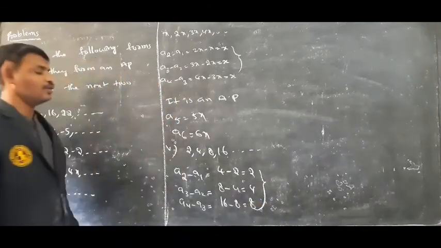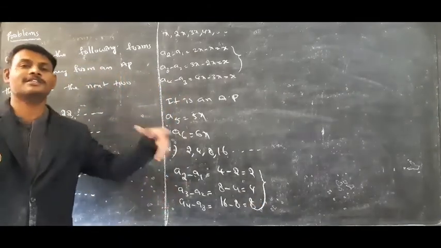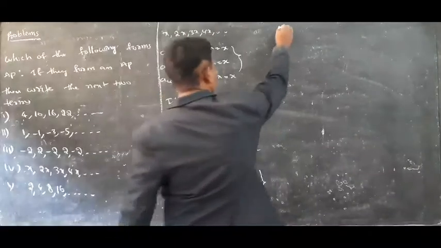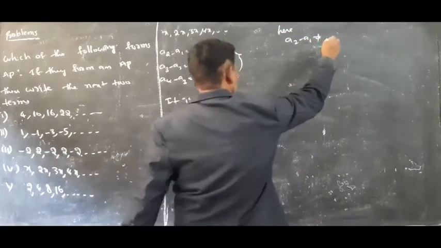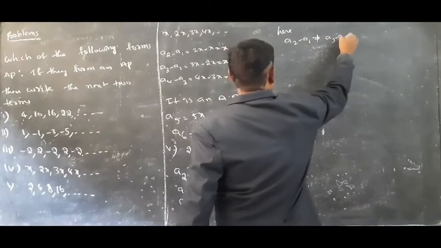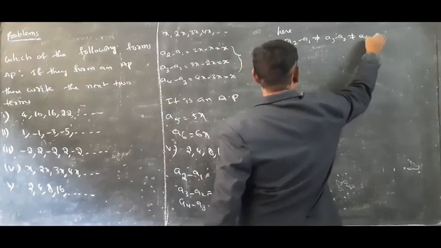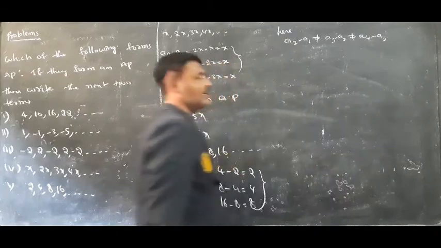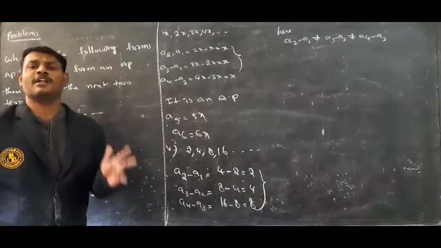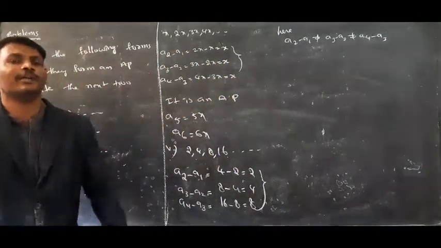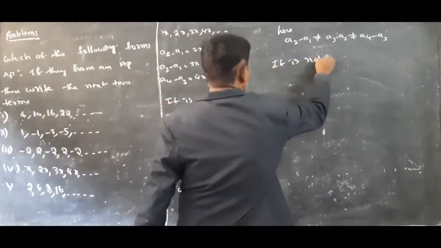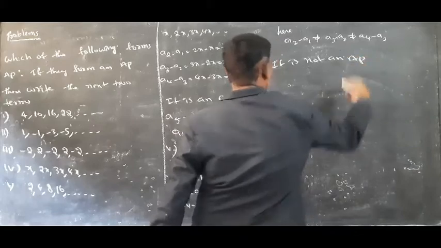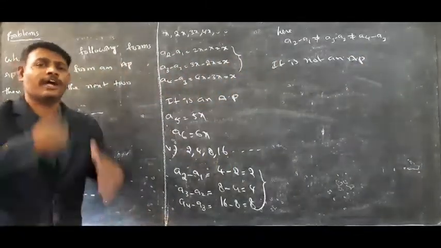See here, 2, 4, 8, the common difference is not equal here. A2 minus A1 is not equal to A3 minus A2, which is not equal to A4 minus A3. Here the common difference is not equal. So that is not an AP. If that is not an AP, no need to find the next